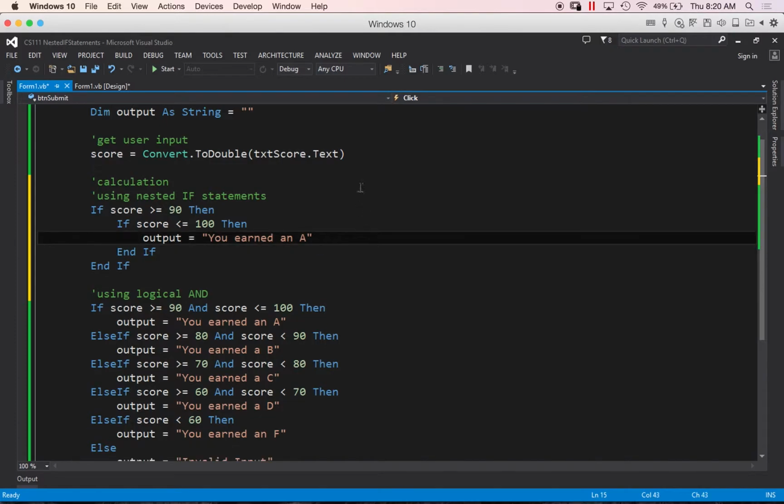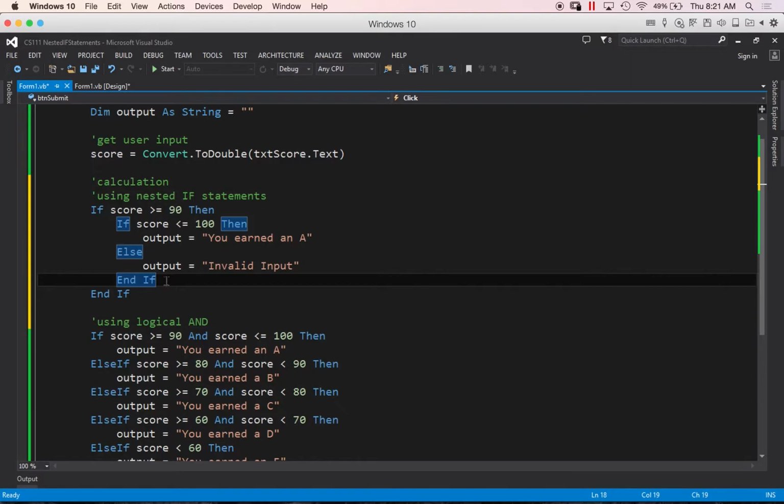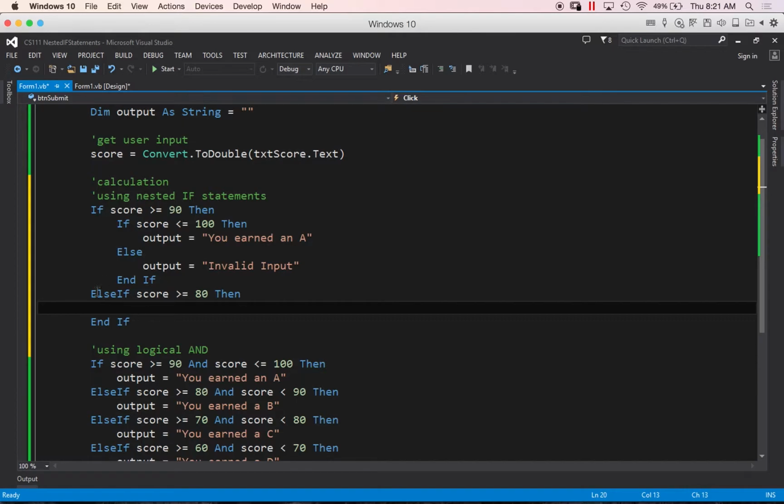All I'm asking is if the score is greater than this and if this is the case, then we do this. Otherwise, oh, I see. Then we'll say something like this. We'll say else invalid input. Something like that. Then I'm going to press enter after this statement and say else if the score is greater than or equal to 80, then,